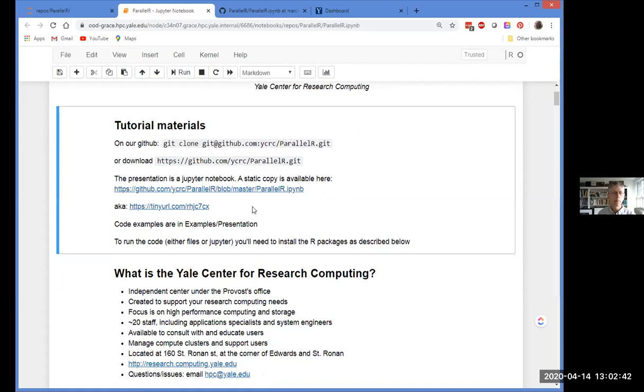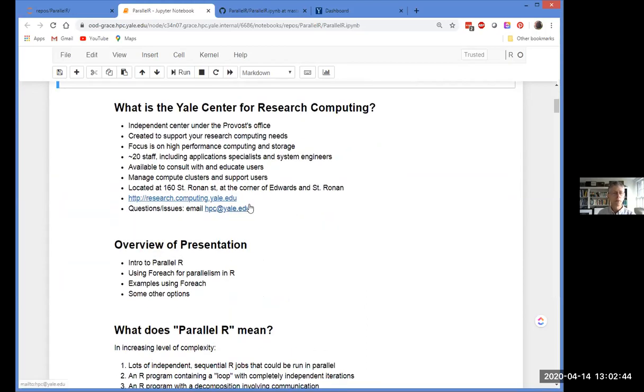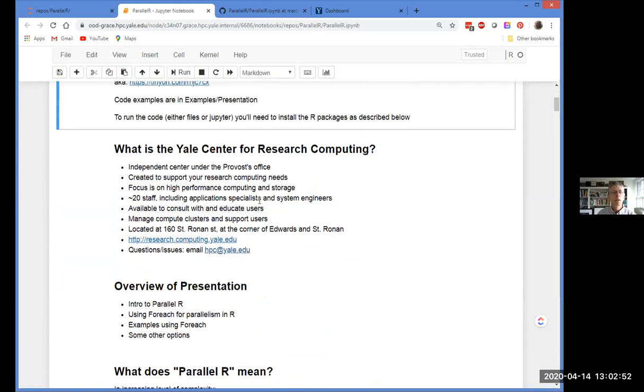So hopefully that's clear. I'm just going to spend a minute or two telling you who we are at the Yale Center for Research Computing, in case you don't know. So the YCRC is about 5 years old now. We are an independent center that is under the provost's office, so we're on the academic side of the house. We're not a huge group, we're roughly 20 people, and we exist really to help people with research computing, and in particular to help them do high performance computing and high performance storage.